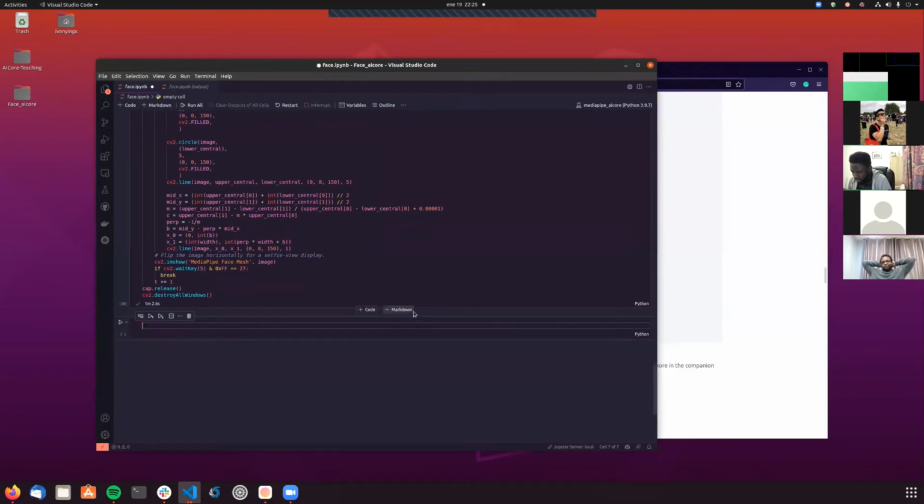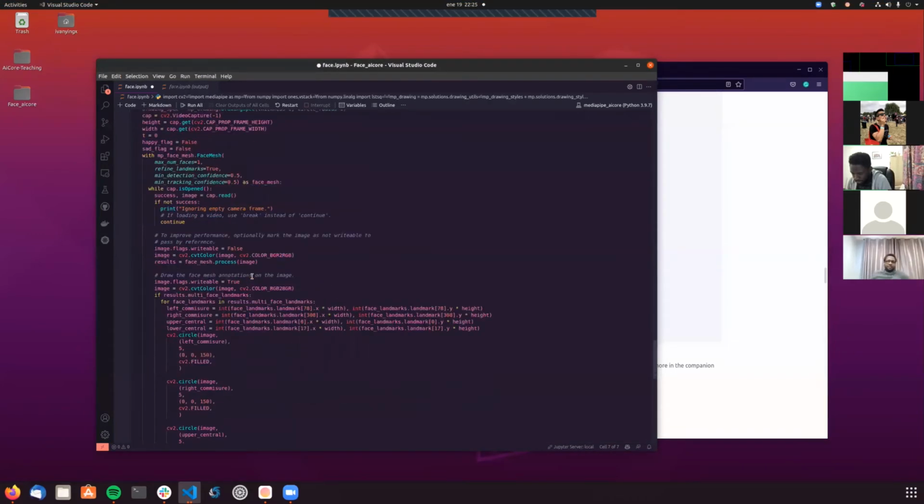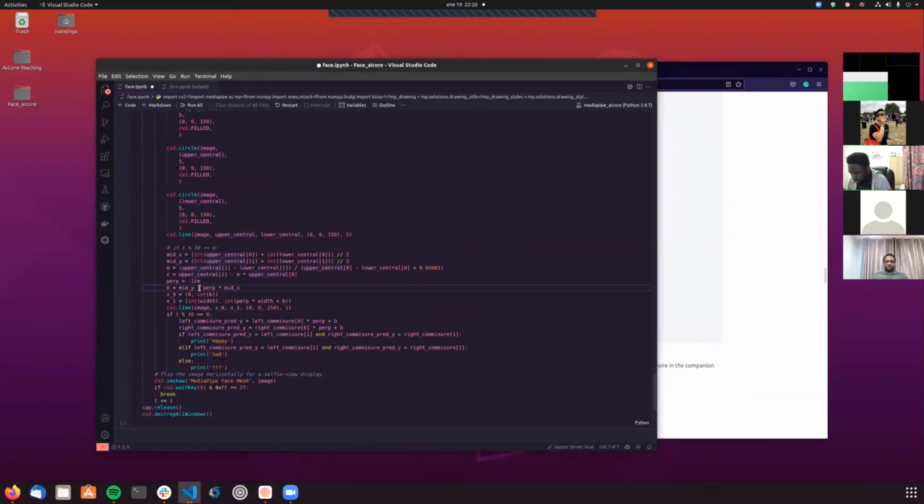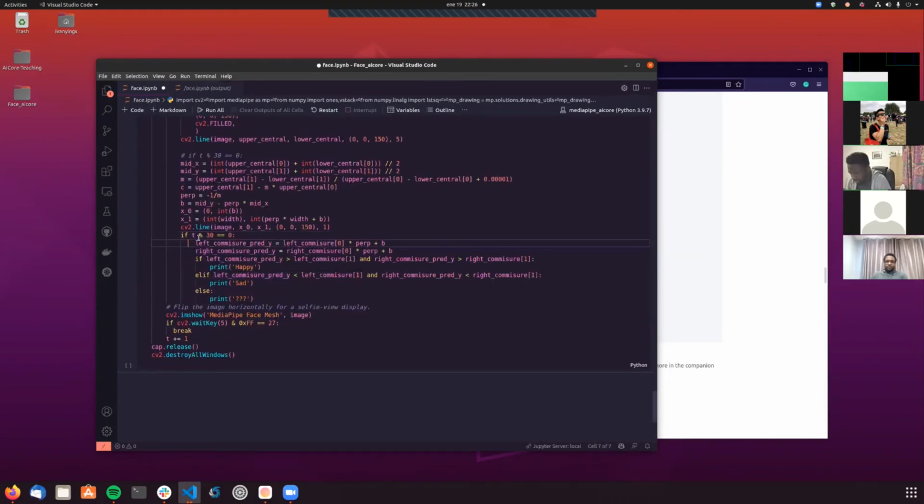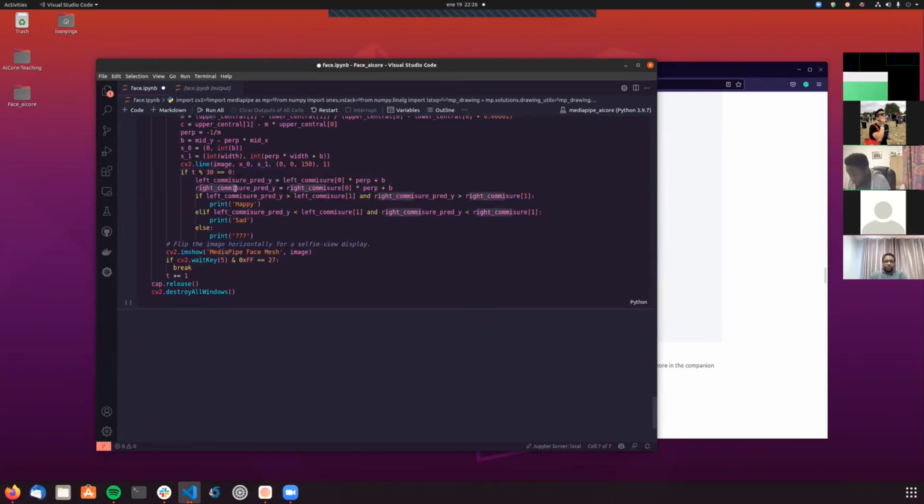So let's apply some Python just to make some if-else statements. I'm sure you are more than familiar with that. This is the same code, left commissure, right commissure, and so on. Up to this point everything is the same, but now we are implementing an if statement. In this case, instead of printing happy or sad every single time, I'm just going to print it every 30th iteration, so it doesn't clutter the standard output. So every 30 times it's going to calculate